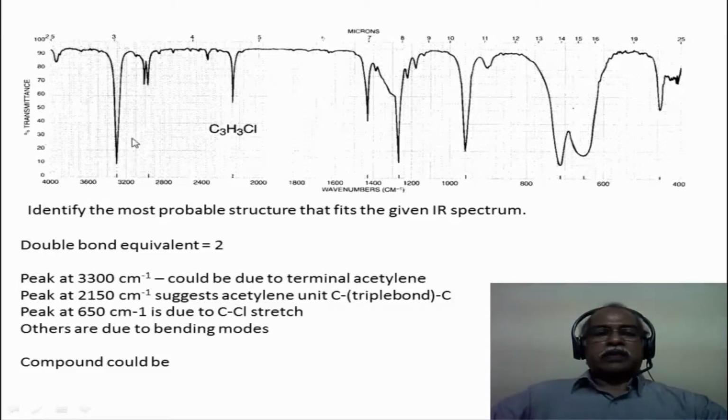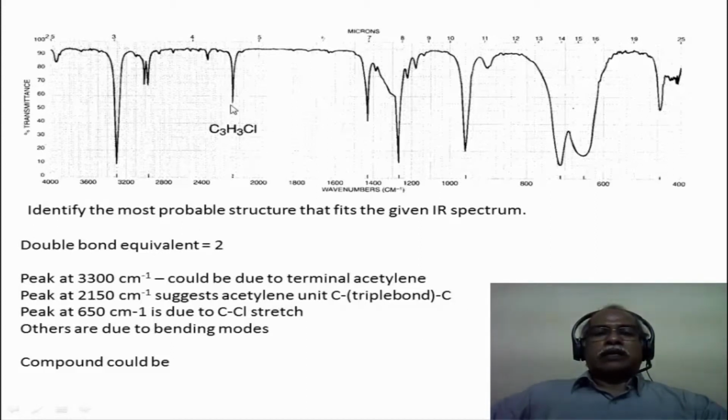acetylene CH stretching frequency. Please remember that among the various hybridization CH stretching frequencies, the sp CH stretching frequency comes at the highest frequency, then comes the sp2, and then finally the sp3. So it could be that this is because of an acetylenic CH stretching frequency, a terminal acetylene CH stretching frequency. If that suspicion is true, then you should also have a C triple bond C stretching frequency. Indeed, you do have a C triple bond C stretching frequency coming at 2115 inverse centimeter, which is part of the C triple bond C acetylenic unit in this case.